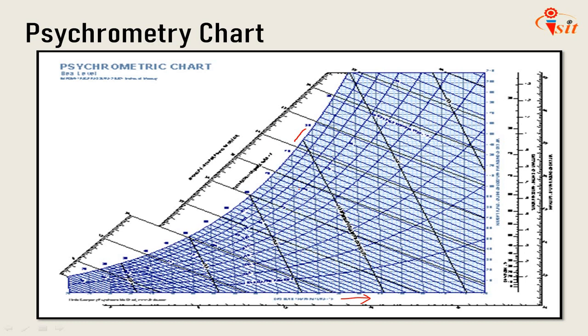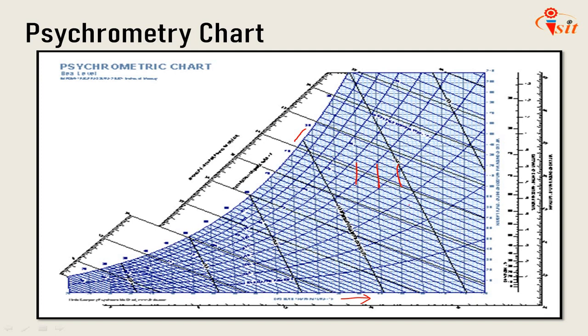First of all, the constant specific volume lines, these are plotted on the table. The dry bulb temperature of unit mass of dry air for different humidity contents or humidity ratios are indicated by lines. So here these lines represent dry bulb temperature lines, parallel to the ordinate, so parallel to the y-axis.